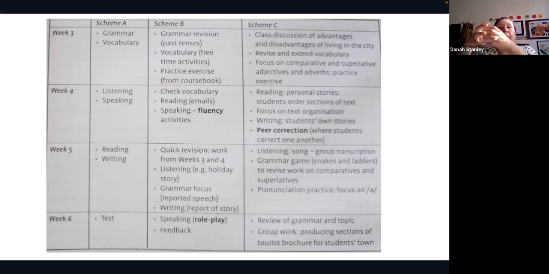Remember, the most important thing is not the result, it is the steps you follow in order to achieve that goal. Okay? So remember, there are no good or bad ideas. There are no good or bad methods. It's what is best for you and your students. But my recommendation is to take into account the everyday effort rather than just an exam. Okay? So this is an example of a scheme of work.